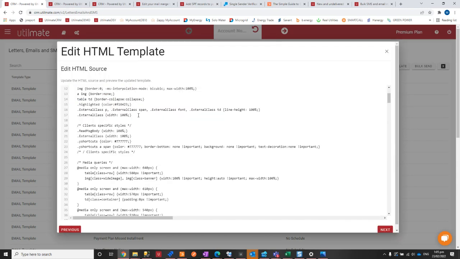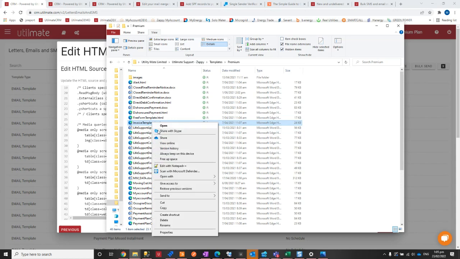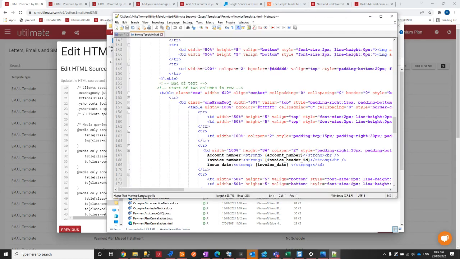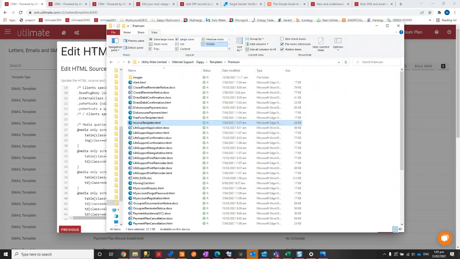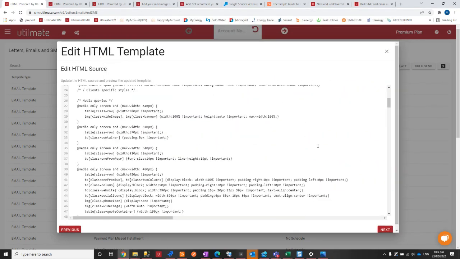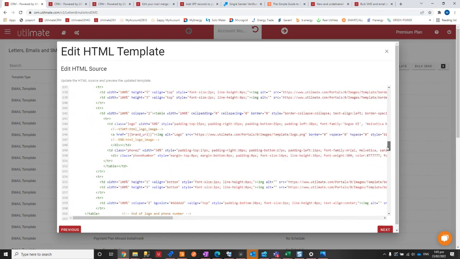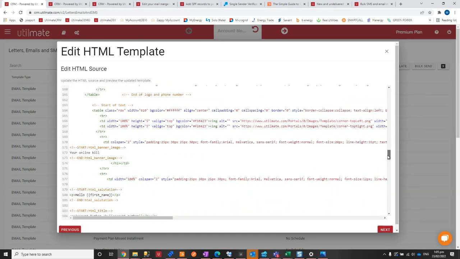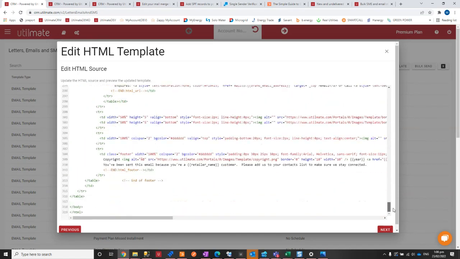And what you see here is pretty much what I was showing you just a second ago when I was going to edit with Notepad here. It's the same content that you can see here. It's now just sitting in the system rather than as an external file. So it might look a bit scary, but if you wanted to make a change to this, you can do a lot of things around colors, the banners, look and feel. There's a whole bunch of things, but for the most part, what people do is they want to edit the content